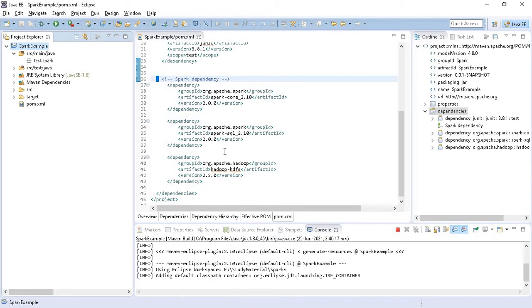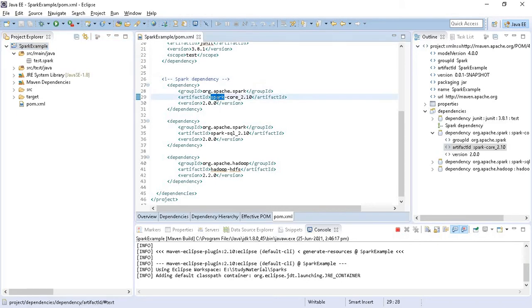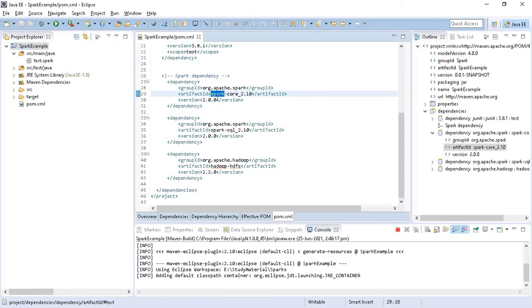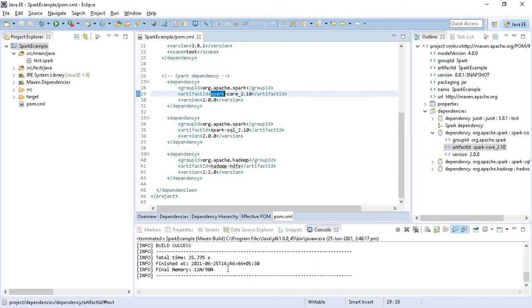When downloading for the first time, the list of dependencies mentioned for Apache Spark is going to be downloaded. It is already downloaded, so it will just check the repository and return us the build successful message in some time. You can see that it is checking, the repository is present here, and now the build successful message is printed on the console.